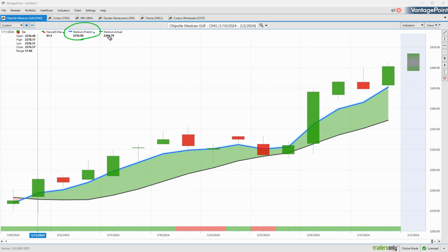And so what we want to compare that value to is this proprietary predicted moving average. For that value, essentially a price prediction that gets plotted and calculated on the chart every evening, this is where the technology of artificial neural networks comes into play, and they're performing what's called intermarket analysis. So it's looking at price relationships that are known to drive and influence the future price of Chipotle Mexican Grill. And that's going to be spread all throughout the marketplace, whether it's in the futures market, in the S&P 500, in the ETF markets of those groupings of stocks that hold Chipotle,